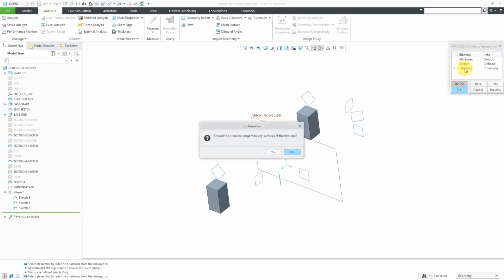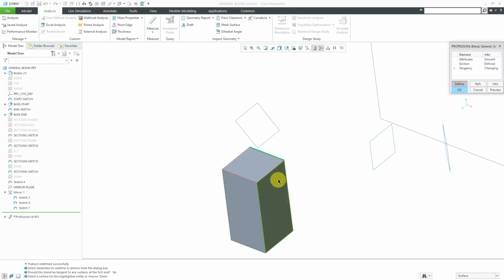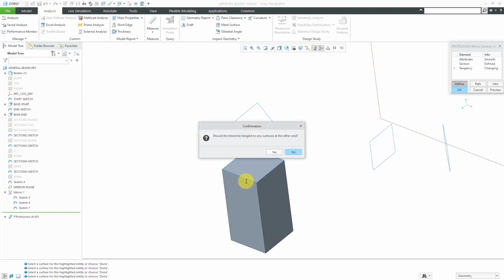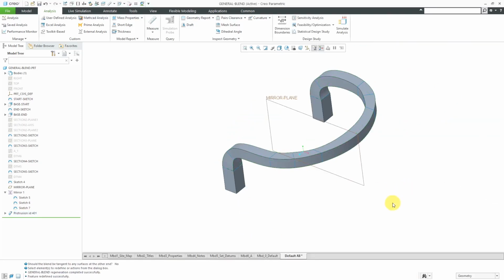Let's double click tangency. And here's part of the pain. It's already tangent at the first end. I have to redo those selections if I want to make it tangent at the first end. So let me use query select to get that, and then this, and then this. Hopefully you see how it is highlighting one of the edges in green. Should the blend be tangent to any surfaces at the other end? Oh wait, actually, let me click OK out of here because I do want to show you that now that